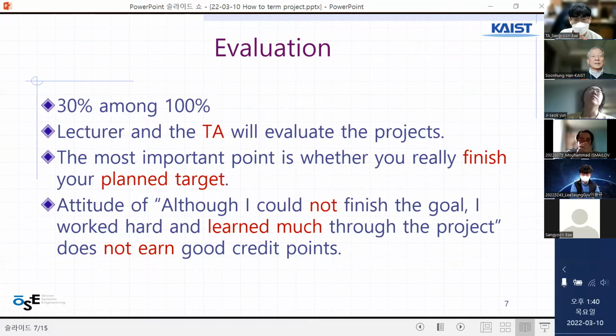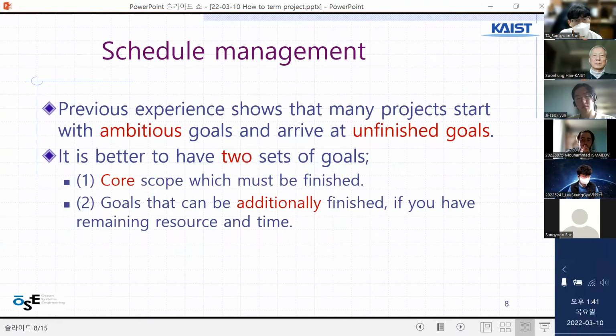And evaluation. As I told you in the first class, 30% goes to the project. Myself and TA will evaluate the project team. And the most important thing is schedule management. And I see in previous semesters that many team members are saying that we studied in March, we worked hard, but we could not finish up the goal. But I don't like this kind of thing. So please make